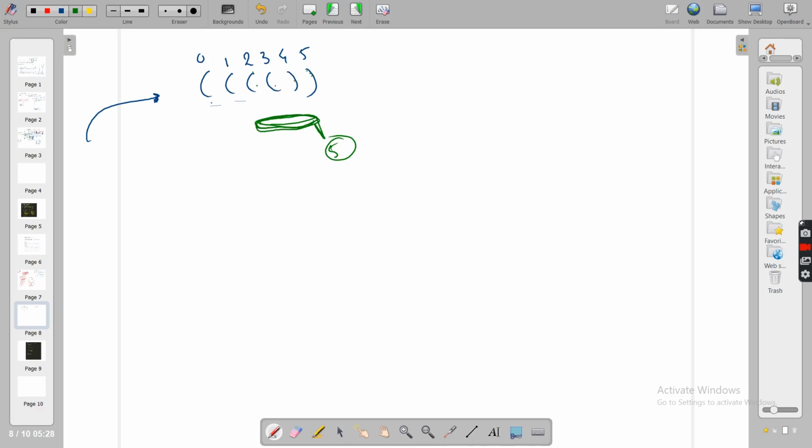I am asking which is the last index which is not part of this chain, the chain contributed by 2, 3, 4 and 5. It is 1, right? So this will give you the answer. How? 5 minus 1, which is 4, so this is the length. 4 is the length. If you count, 1, 2, 3, 4.